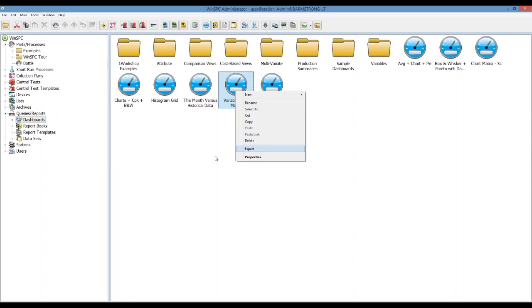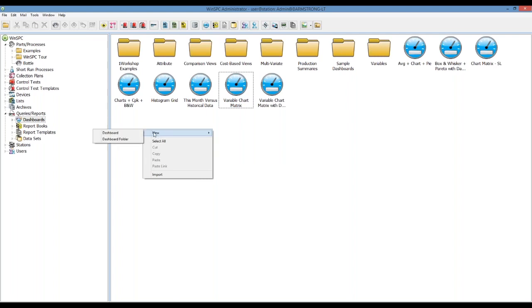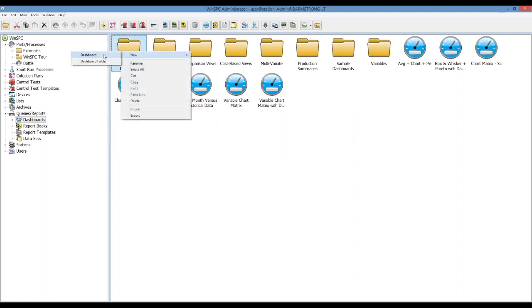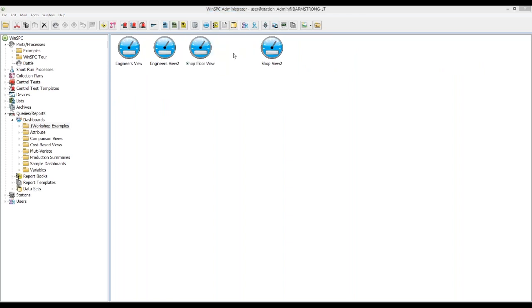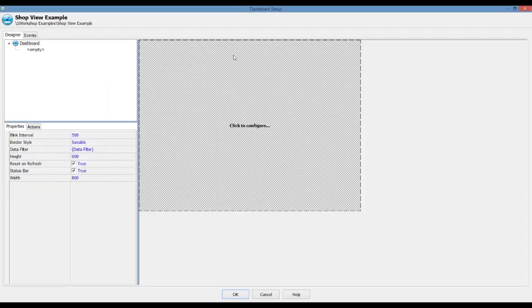All right, let's create a new dashboard by right-clicking in a folder, selecting New, and giving it a name. Once we've named our dashboard, then we're going to double-click on it to edit it. And what appears is the dashboard designer or editor. And in here, you'll see that it's comprised of three main areas. On the right is the preview area, and it's where we're going to start in a moment when we click